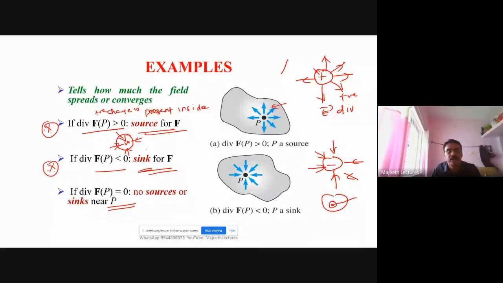If divergence is zero, it means it is not spreading. It neither spreads nor converges. So it will simply flow, right? Spreading means from one point only we can spread. Similarly, converging means a negative divergence, towards one point only it will go, right? Divergence zero means it will simply flow like a river. So if divergence is zero, there is no source to emit, no source to collect. So it will simply flow. The vector will flow.